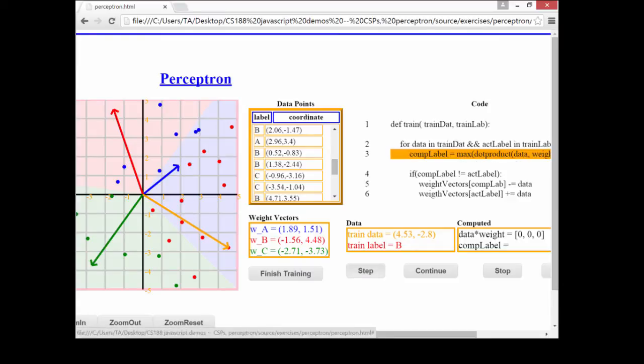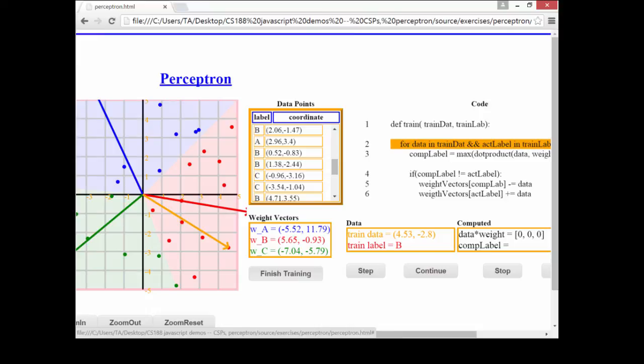You step through and compute the predicted label. If the predicted label is incorrect, which in this case it is, then it will update the red weight vector. It will add the yellow vector to the red weight vector, and it will subtract the yellow vector from the blue weight vector. So if we step through, we can see that this yellow vector was subtracted from the blue vector, and then, whoops,